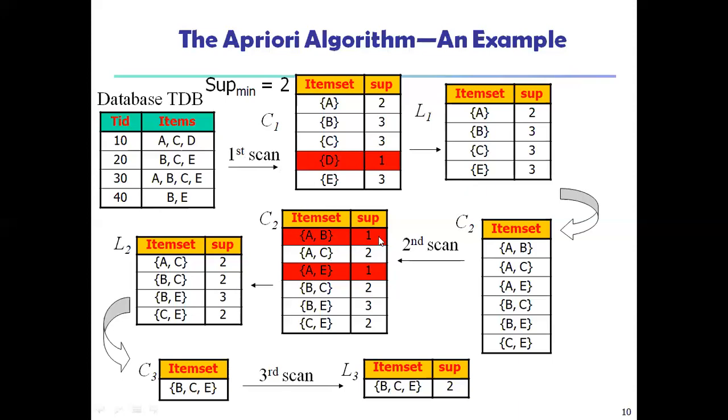After eliminating the items which do not meet our support count, we come to the new scan, where we are taking AC as 2, BC as 2, BE as 3 and CE as 2. So this is our new item set. Now all of this follows the support count. Now we have to find out how many items in this can be combined together. That means AC has to be combined with BC.